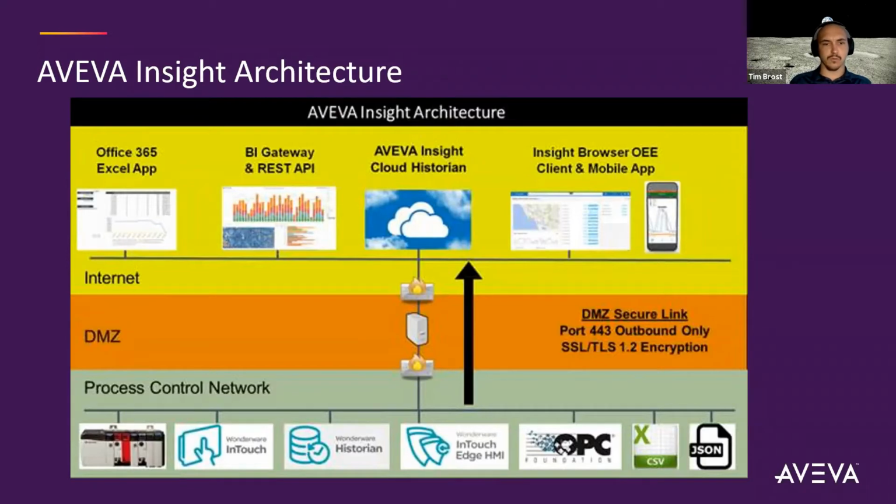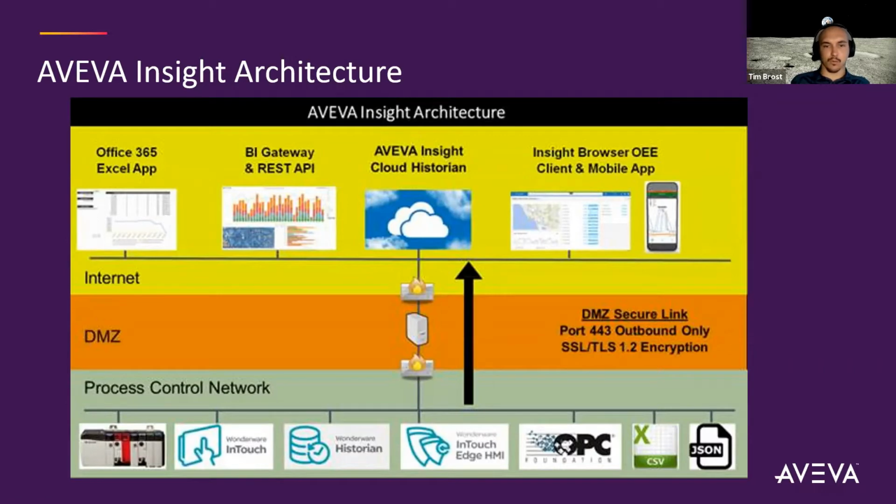One example of how you could set this up is you have your process control network. And in some cases, customers have an existing DMZ, or demilitarized zone. In there, you stand up a computer if it's not there already, and install this free software that we provide called DMZ Secure Link. What this does is a few different things. It first acts as a proxy